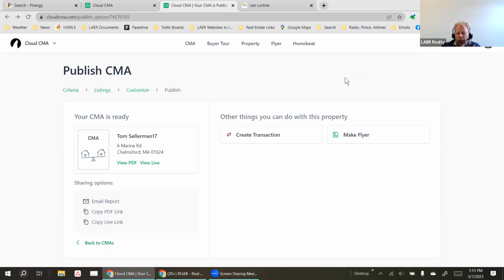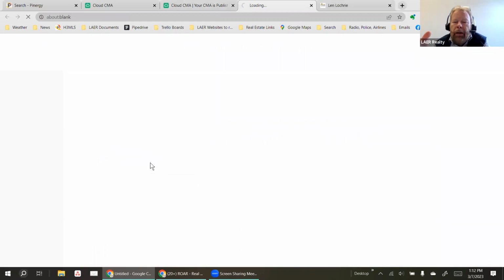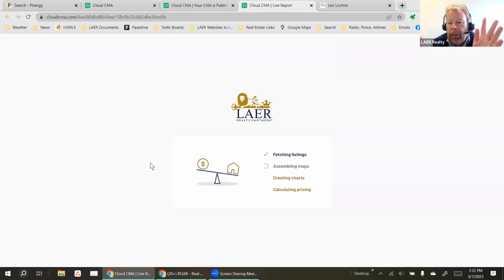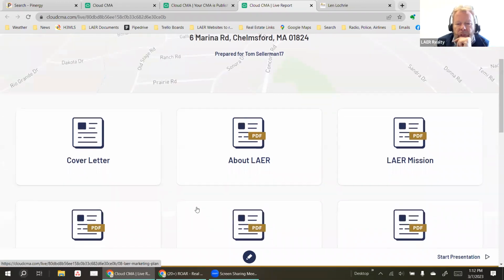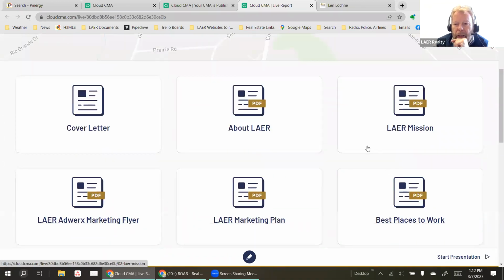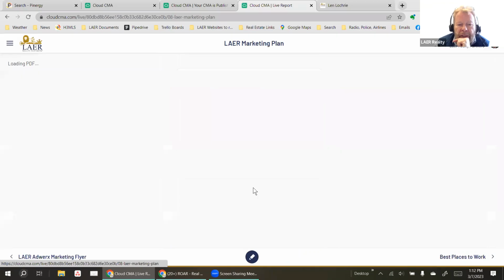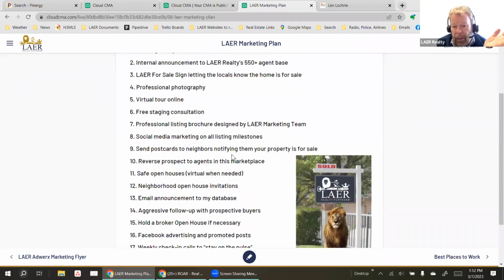This program is pretty cool because it also has a live version that is pretty neat. So the live version, you can access it on your tablet so that you're going to meet with the seller directly and have your tablet in front of them and just kind of scroll through and show them everything. And as you can see, it has all the LAER pages already. The LAER marketing plan, which is that 20-point plan that you can actually